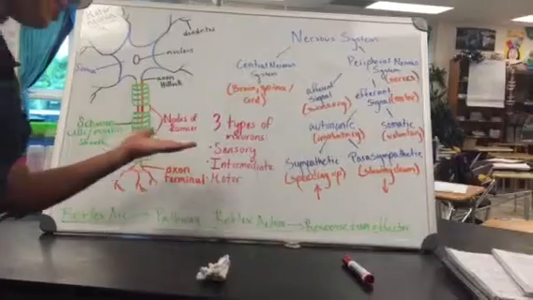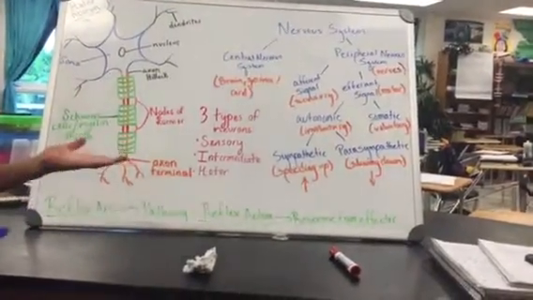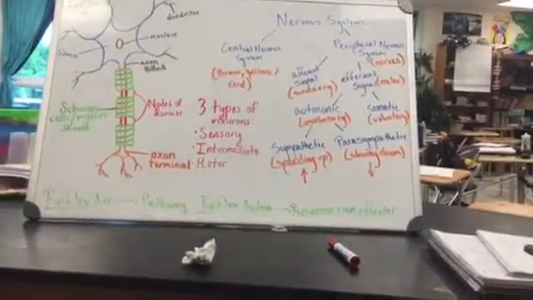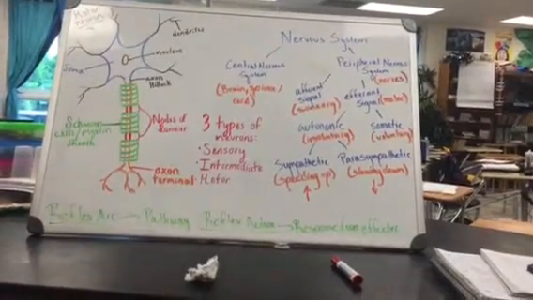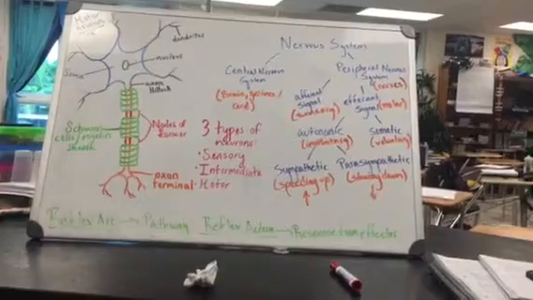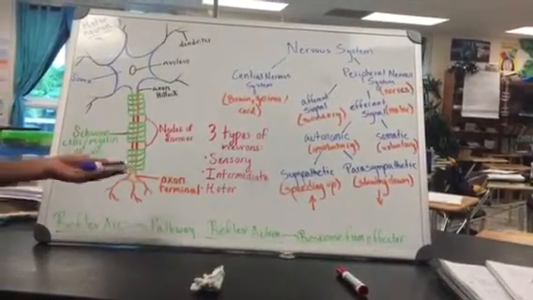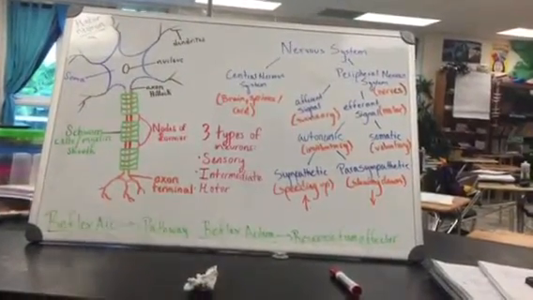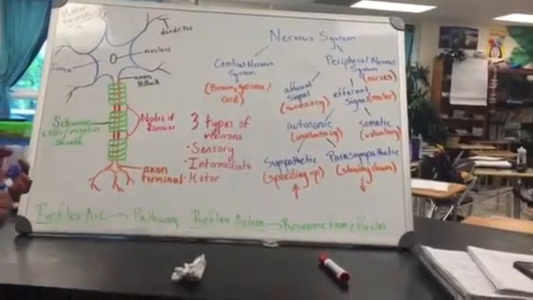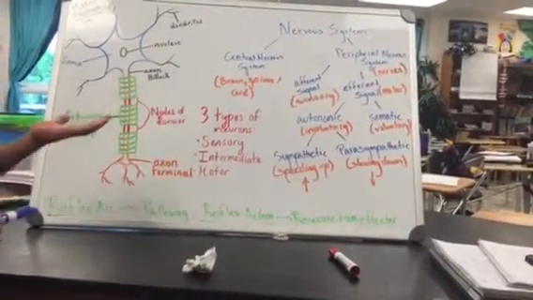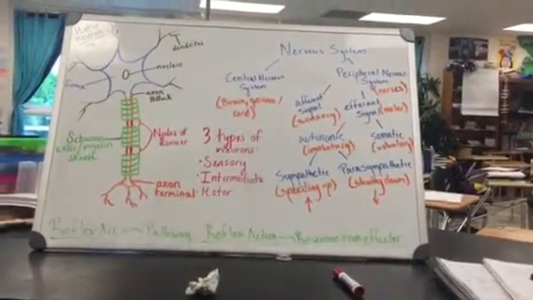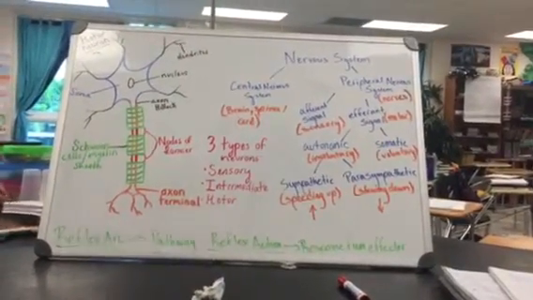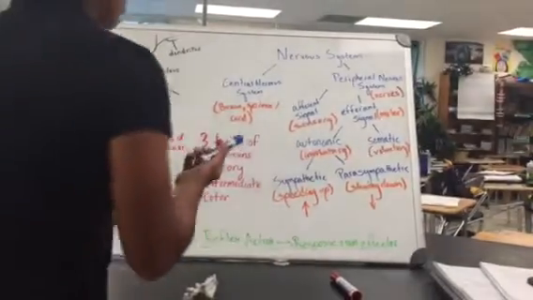You have three types of neurons, which is basically your sensory neuron, your intermediate neuron, and your motor neuron. Sometimes the signal will be relayed directly from the sensory neuron to your motor neuron, and sometimes you will have your intermediate neuron. You have two major divisions in your nervous system, which is your central nervous system and your peripheral nervous system. Your central nervous system includes your brain and your spinal cord,